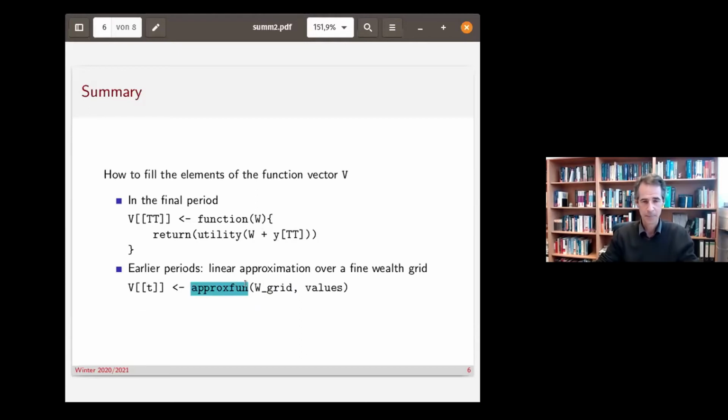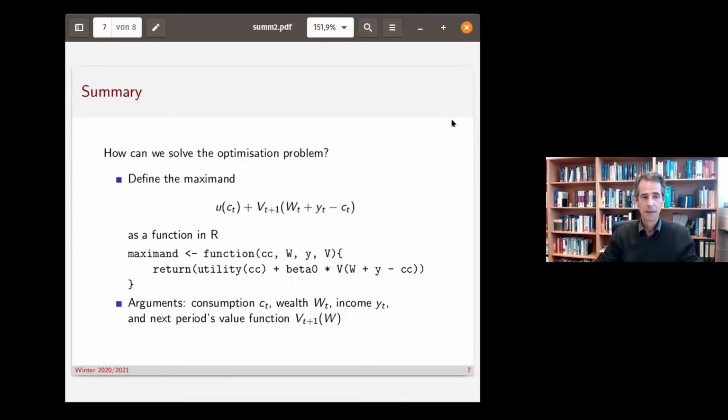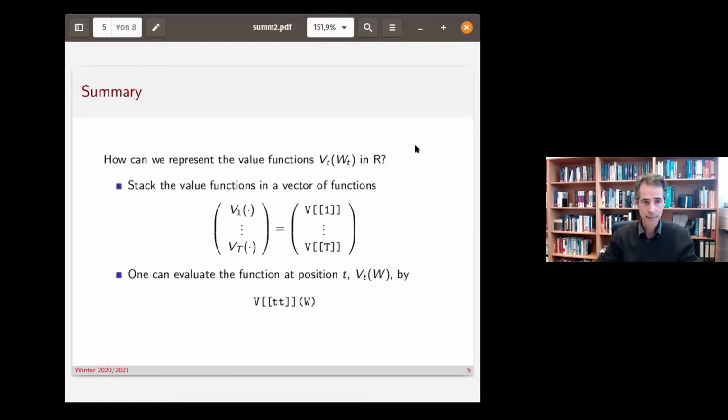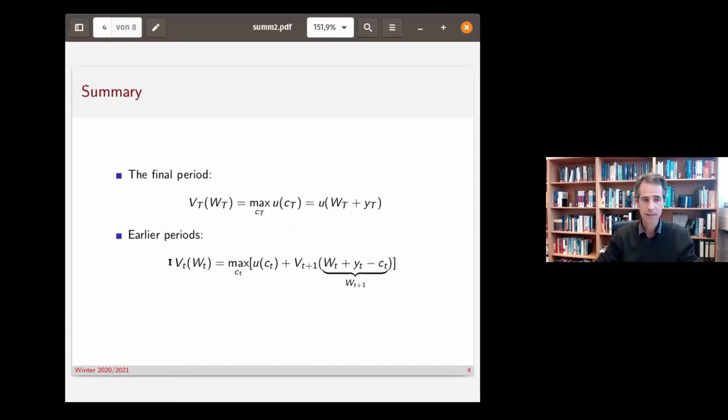And we need a second argument. We need to know the functional values at the grid points. These are called just values here. Values is a vector in this case, but when we start, we do not know these values. So we have to compute these values. How do we do that? Well, we have to solve the optimization problem. Just go back. To know the values of the value function for some grid point W, we have to solve the right-hand side, which means we have to solve this optimization problem.